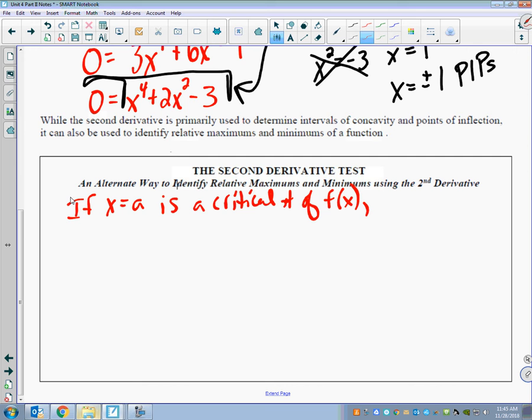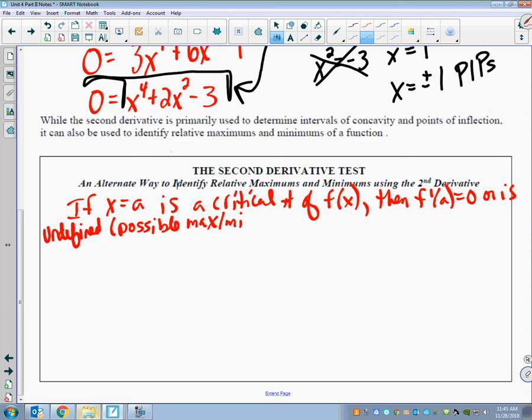So that means then f prime of a equals 0 or is undefined, which makes it a possible max or min on f of x. Normally, the first derivative test, we find our critical points and then we do the number